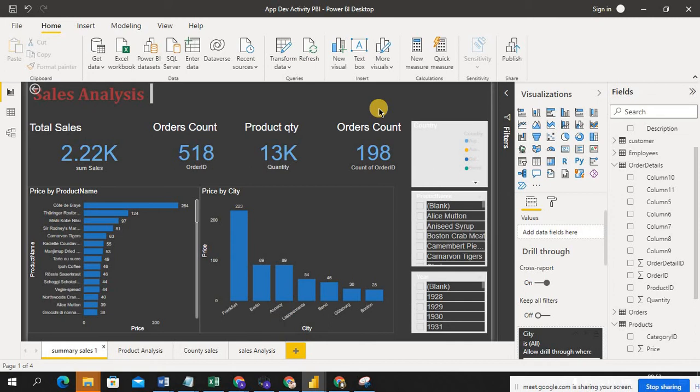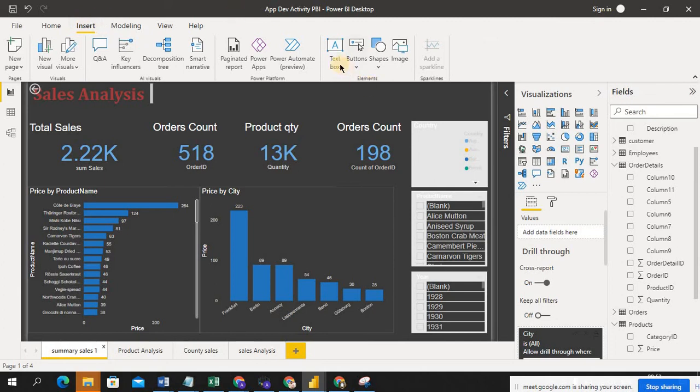So I'll keep the name here. The buttons I'm going to add. So here you can see in insert the buttons. Okay, here the buttons tab is there, so just click.